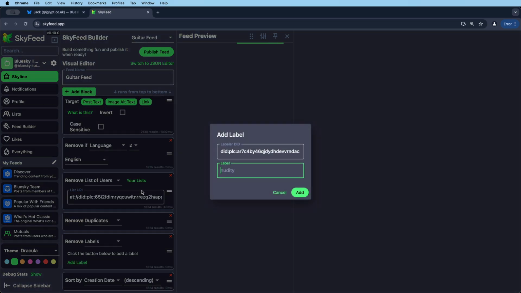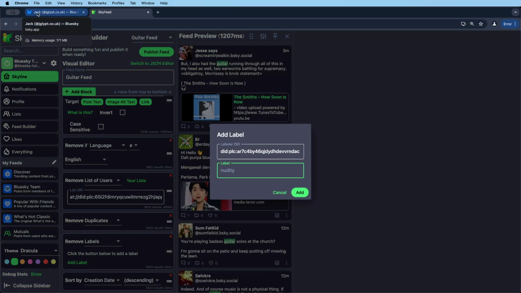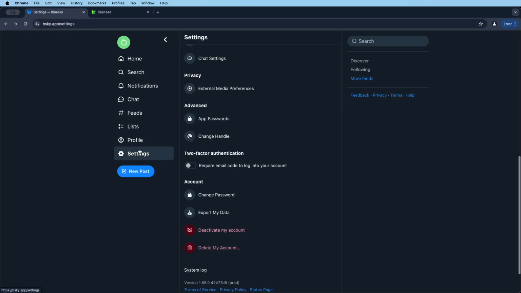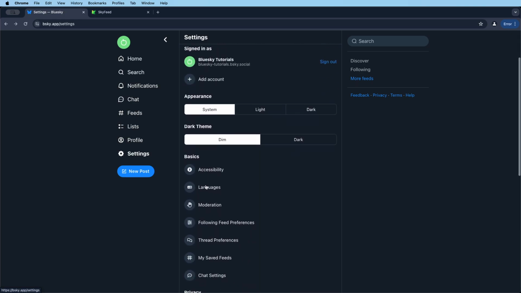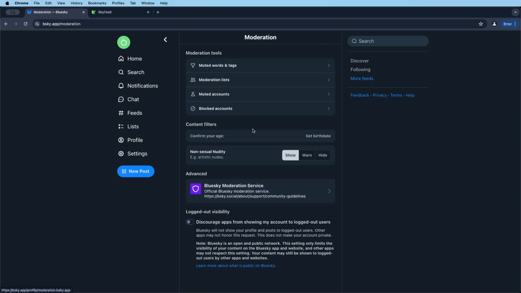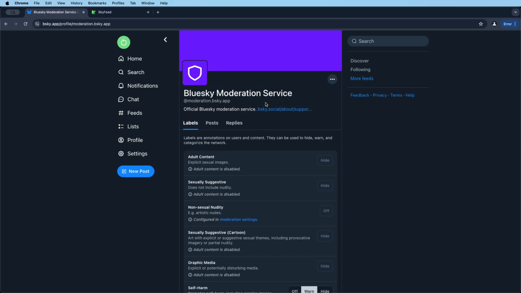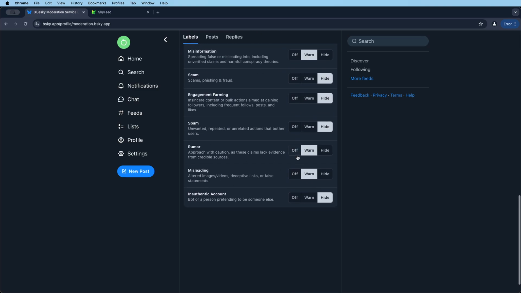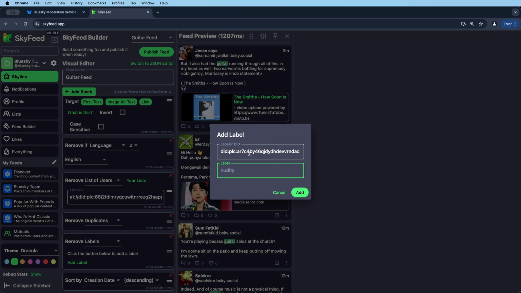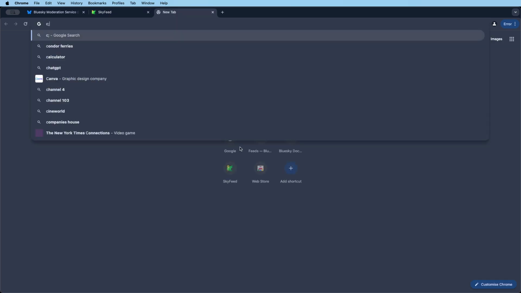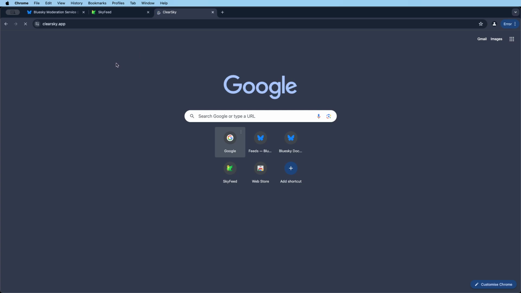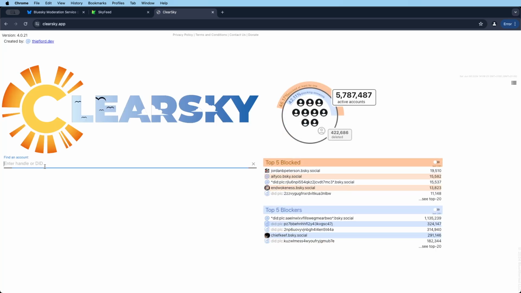So Bluesky labels is going to be a whole separate video, but it's a moderation thing. So if you go to settings and go up to moderation, we can look through here, and the Bluesky official moderation service, you subscribe to it automatically, and you can choose what you want to see here. But you can paste in the DID here, which you can get from a thing called clearsky.app, and then you can just type in anyone's user and get their DID, which is the thing that I showed you earlier. So if we just do it on my main quickly,